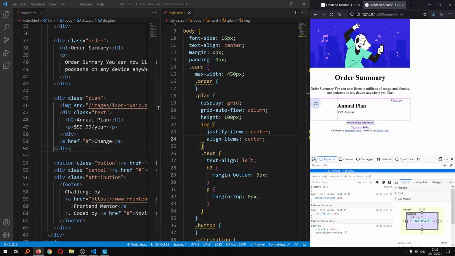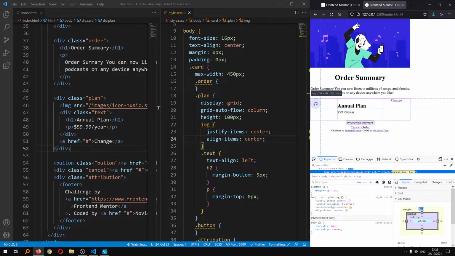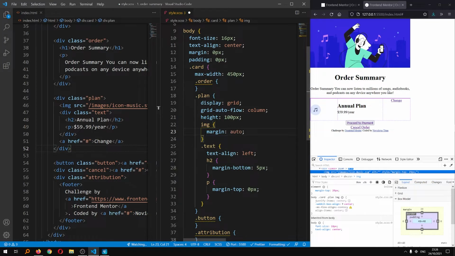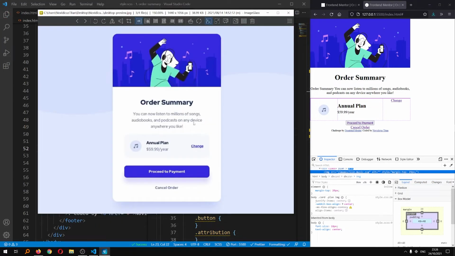So this box is clearly not moving here. So if we increase the margin, okay, that works. So we're going to use margin. And we're going to use margin auto to automatically put it in the center. Now, how does this look? This looks a bit closer